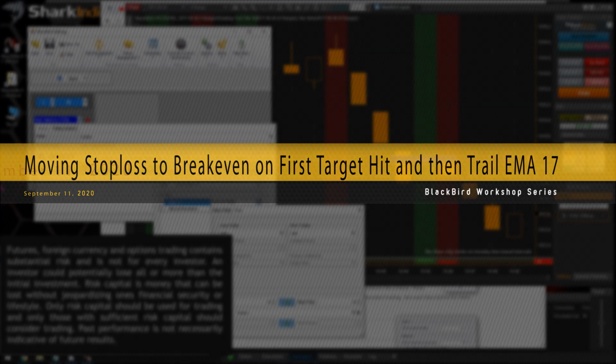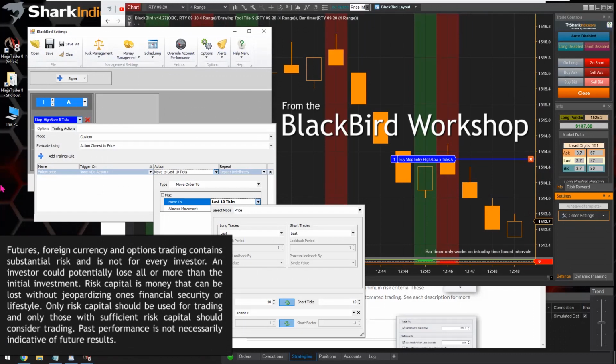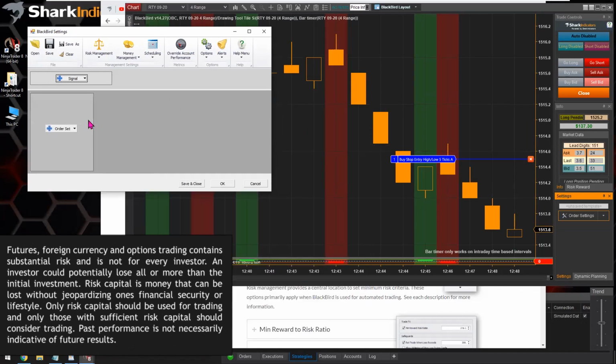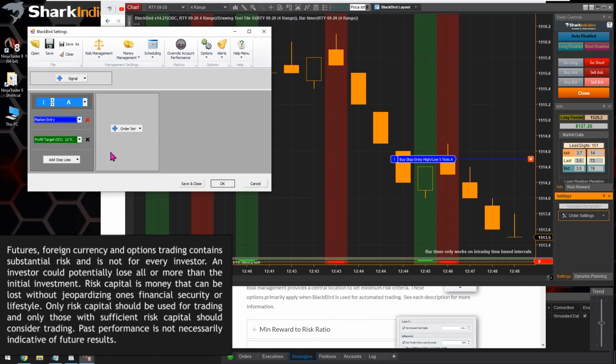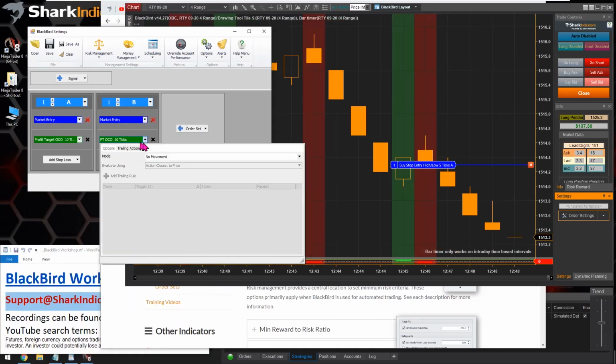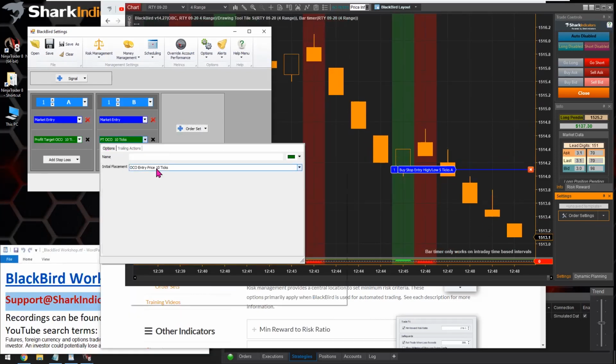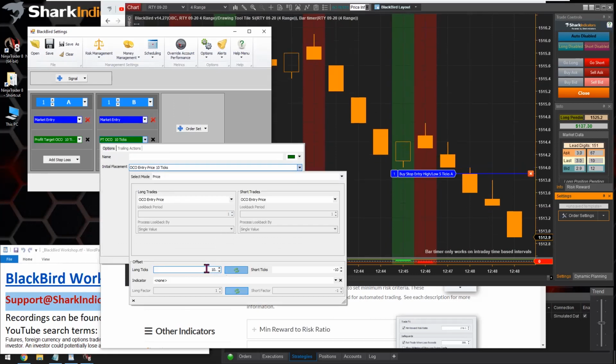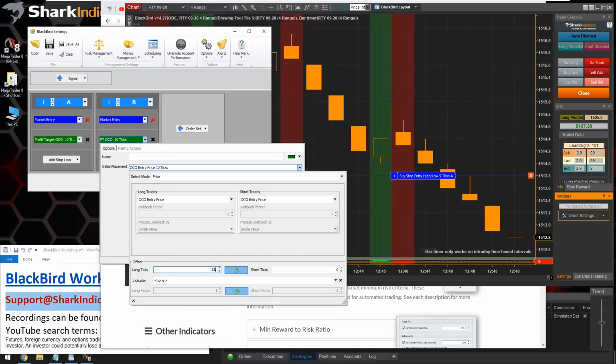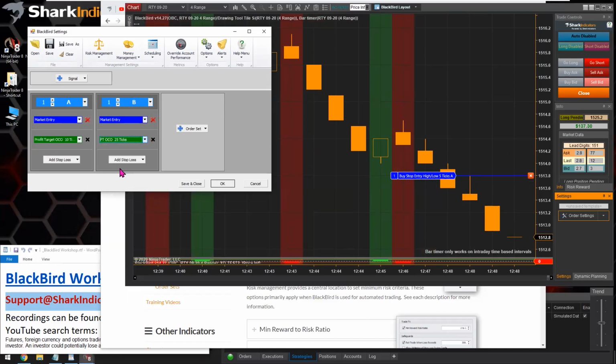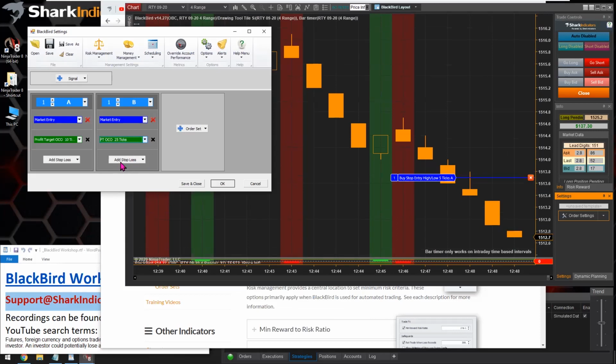All right, so it looks like this is going to be a two order set example, so there are going to be two profit targets. Let me wipe that clean and let's start over. Let's say we have two different profit targets. Something like that. And so the question is, can the stop loss for the second contract, can